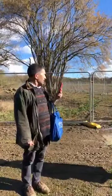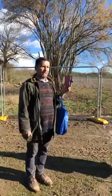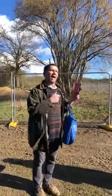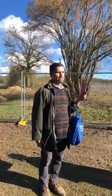The other thing that is worth noting is that these are the fields that they stripped of vegetation and then did an ecological survey. Shouldn't be getting